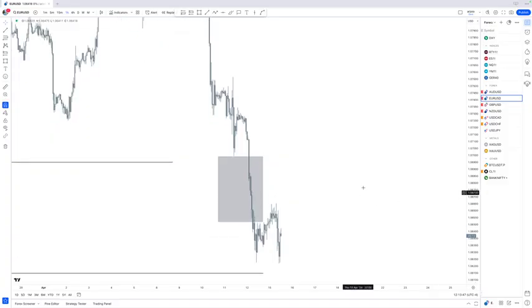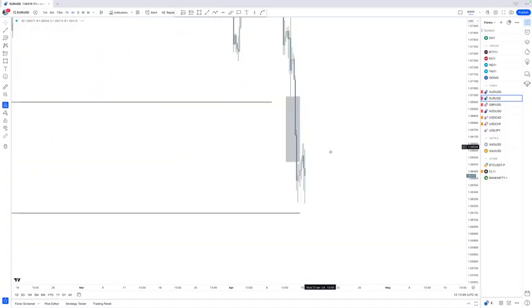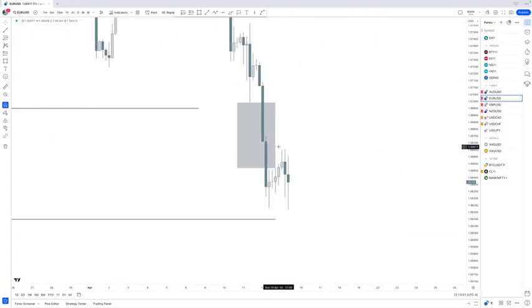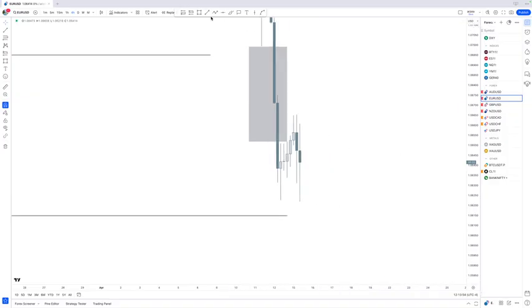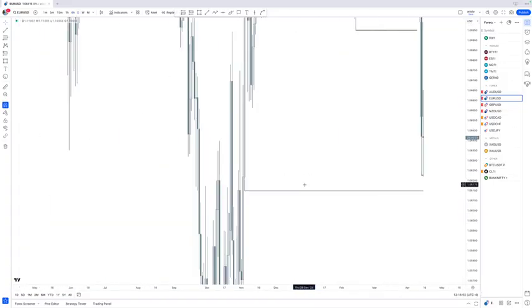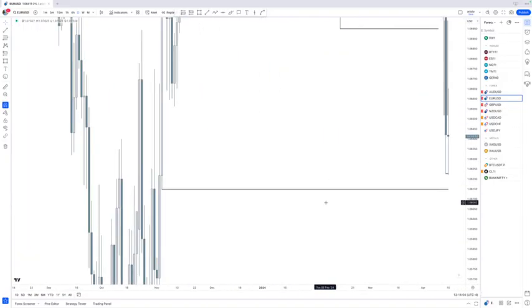But let's take the example right here on Euro US dollar. If we want to continue lower, we potentially have this 4 hour gap right there, which also has this context low right there. Now, after that, we have this line right there. That line is a higher time frame fair value gap. So when I look at no resistance, I mainly look at, again, the higher time frames: 4 hour, daily, weekly, and monthly. And right here, we have that fair value gap sitting right there,